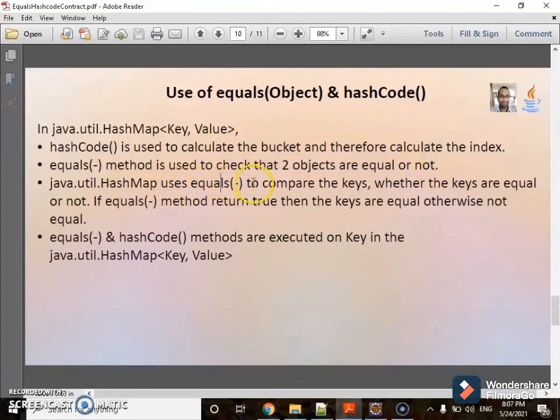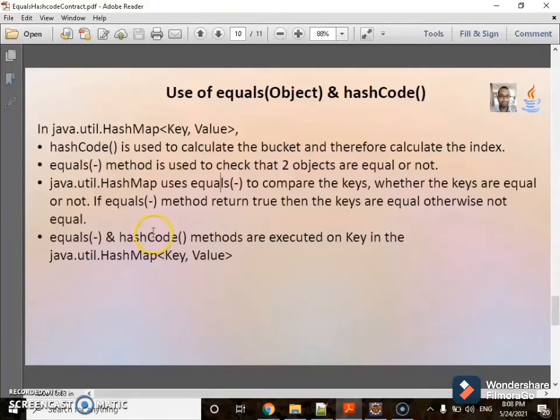HashMap uses the equals method to compare two keys. If the equals method returns true, then the keys are equal, otherwise not equal. Finally, equals and hashCode methods are executed on the key in the HashMap, so this logic works only on the key, not on the value. Only the value will be stored in the HashMap.